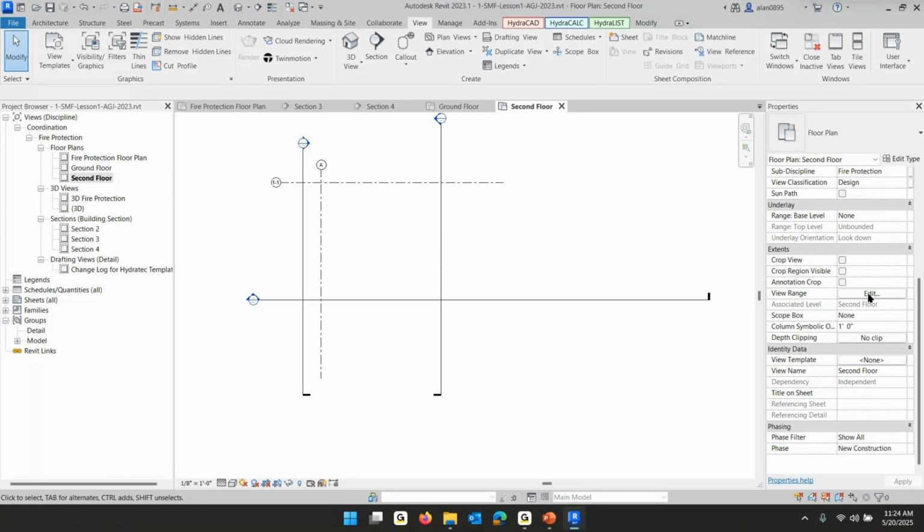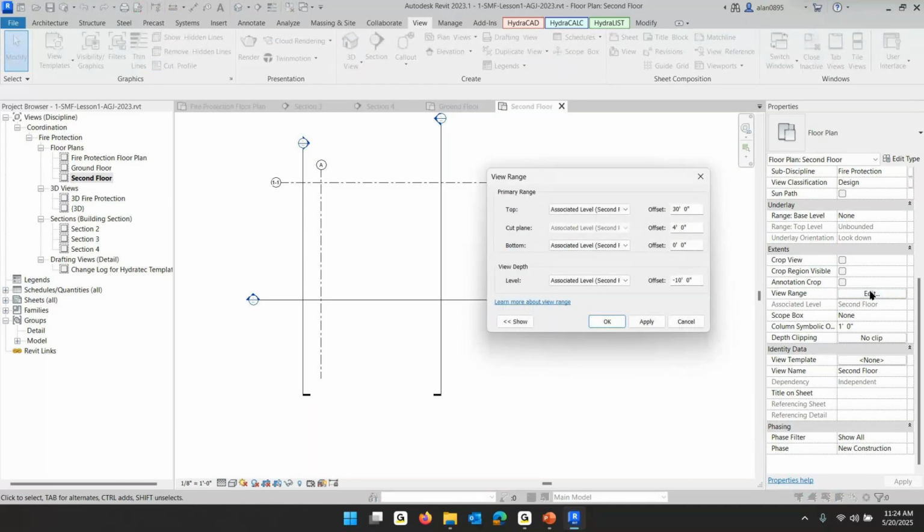Every view is everything in your project, sliced, diced, and visualized out. I'm going to take a minute and talk about that. The slicing is this view range. I'm going to click on view range, and it says